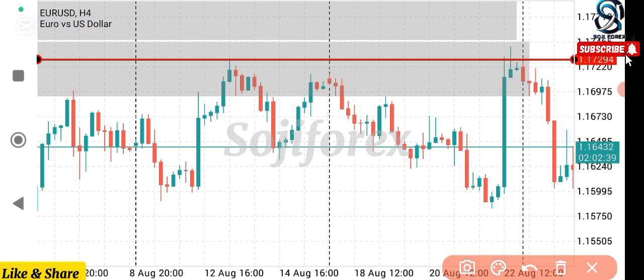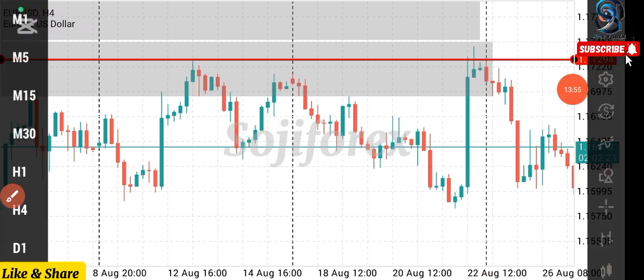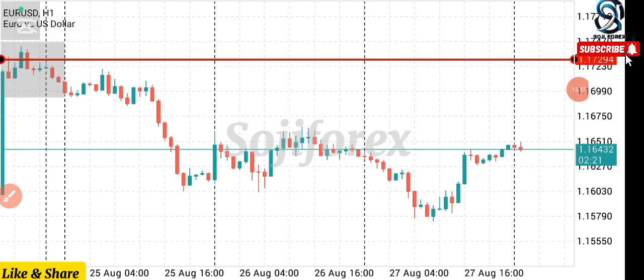Even on this particular bullish candle that went up, you can see that bullish candle has a rejection there. This is the 4-hour time frame. So if you go to a 1-hour time frame, you will see a clear indication that you should have been in that trade. Let's move to 1 hour